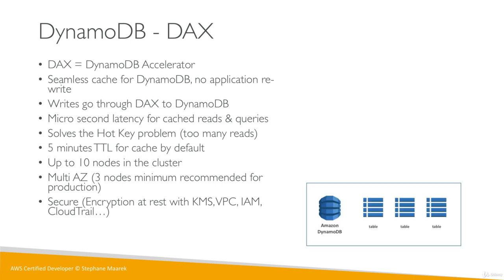So here's your DynamoDB, and you have, say, 3 tables in your DynamoDB. And so our applications, basically, instead of talking straight to DynamoDB, are going to interact with the Amazon DynamoDB Accelerator. So no code change, just straight interaction with the DynamoDB Accelerator. And the accelerator itself will interact with your DynamoDB databases, and it will be smart enough to cache whatever is needed whenever is needed. So it's a very simple concept. It's a very easy way to cache some reads and improve your application performance at minimal cost.